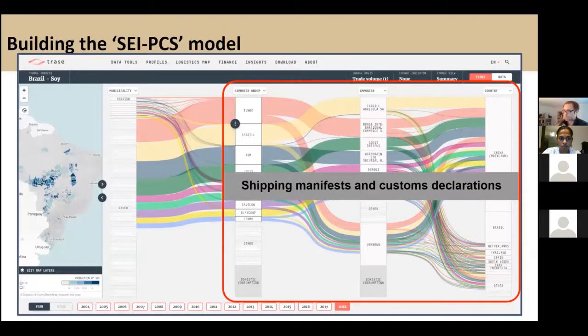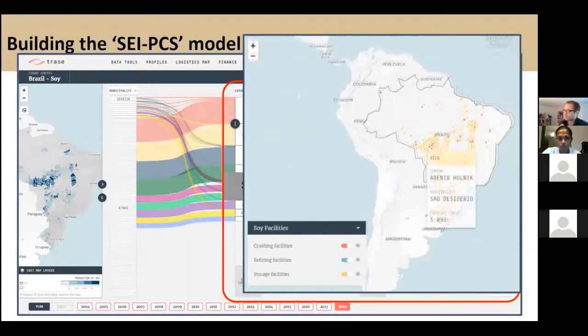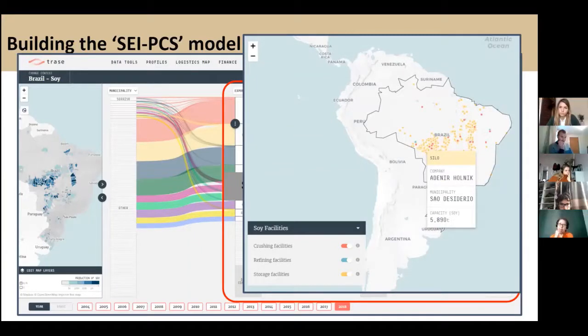As an example, this is a map of our soy facilities in Brazil. And you can see A, that there's a lot of them, and B, that there are different types. We've got crushing facilities, refining facilities, and storage facilities. And importantly, we also have ownership records, so we know who owns the company. And that allows us to start to make the links between the companies that are exporting and where they might be sourcing from, or where they might be processing